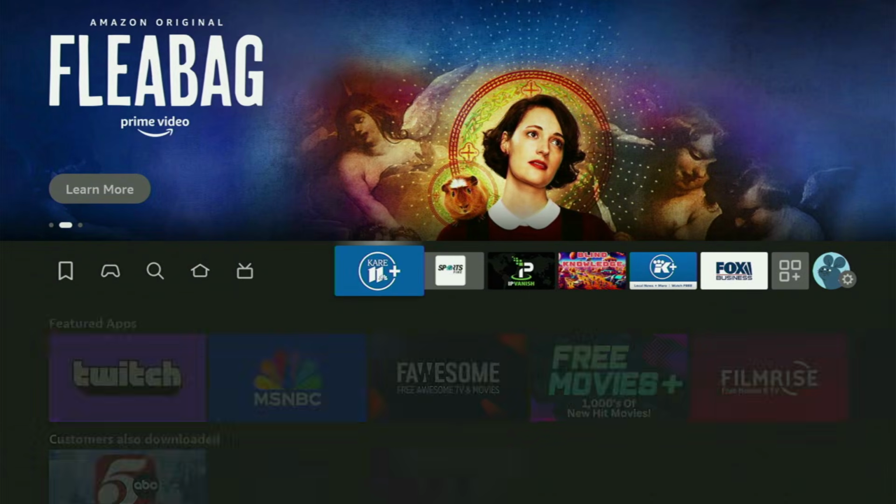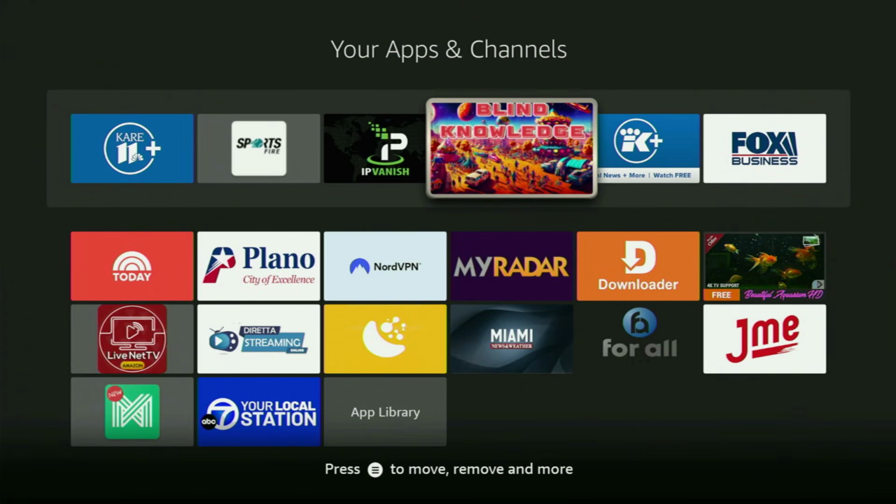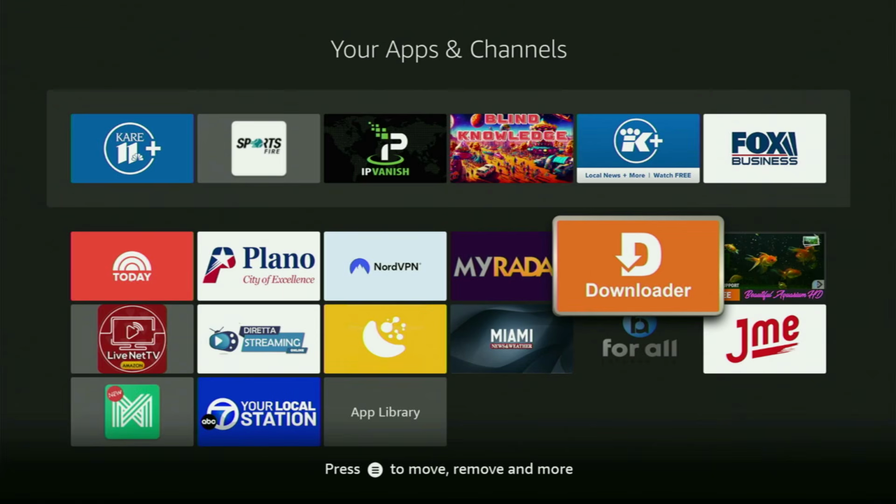So now finally we go back to the list of apps on your Fire Stick. Here it is, open it, and now there is the Downloader, which is set up and ready to use on your device. But before actually using Downloader, there's one more thing which I always recommend doing, and it's of course